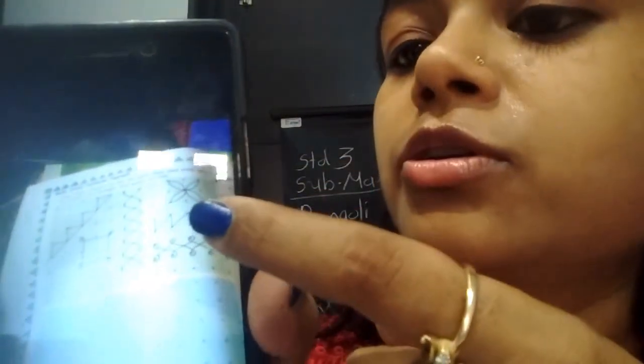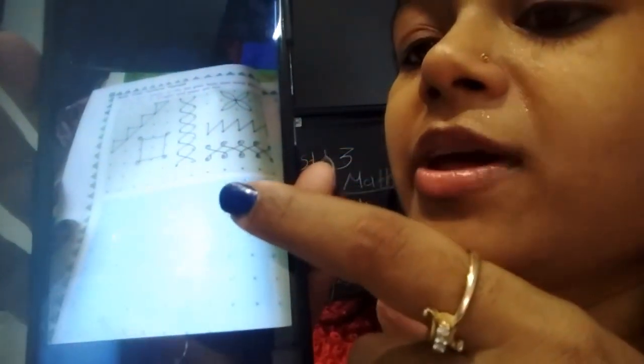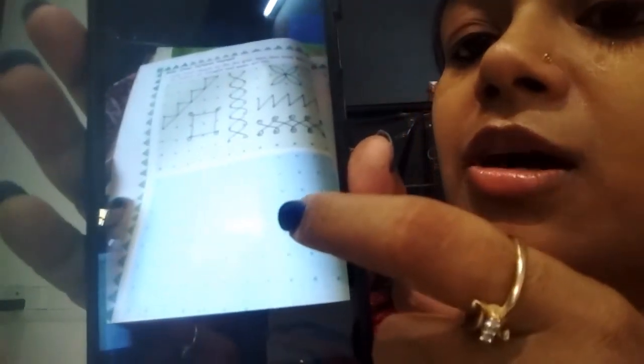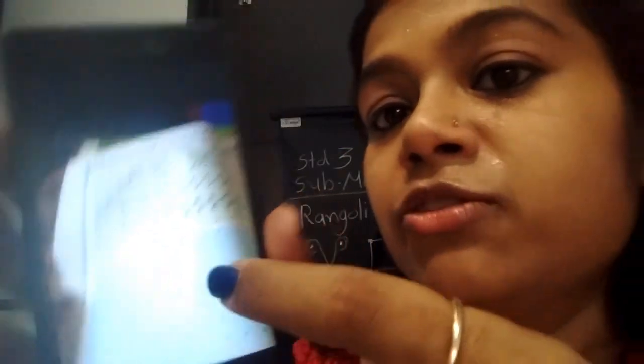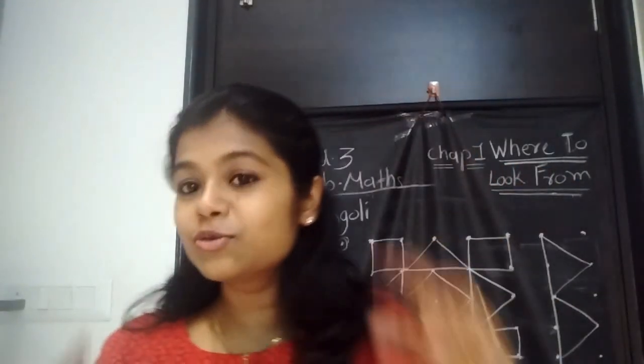You can draw so many patterns using the dots. On the next page of your textbook, you can find some patterns made using dots. You can also try the same pattern in the space given below. You can see that there is a blank space with dots given below, and you have to try the same pattern there. You can try many different kinds of patterns using the dots. This is experimental work done by you, and it is fun learning as well because it includes drawing as well as maths.